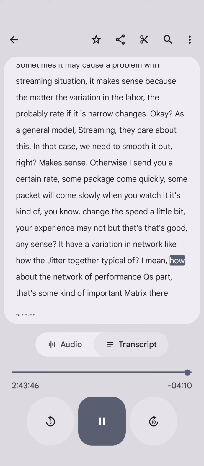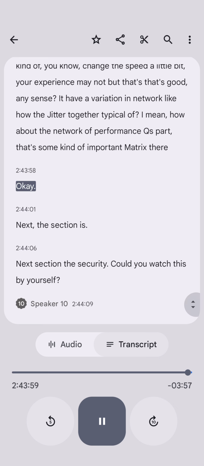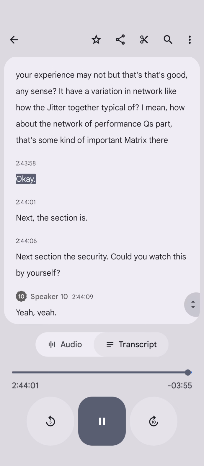Together, typically, when we talk about network performance, the QoS part, those are some important metrics. Okay. Now, the next section is